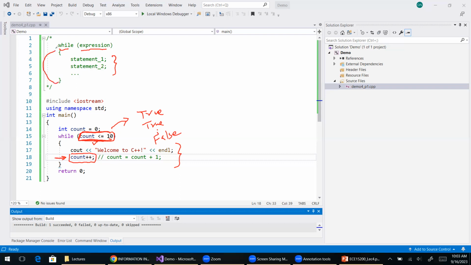And again, your code will go here. Again, the expression will be evaluated. And if it is true, then this set of statements will execute. Otherwise, your loop will break or exit, right? And here, to make this expression false at one point of time, you should have a statement that can help you make this expression false. Otherwise, your code will run in an infinite loop. So that's one example of while loop. Let's do another example of